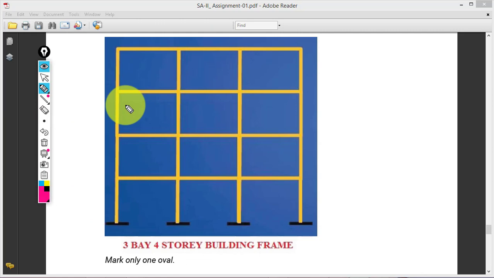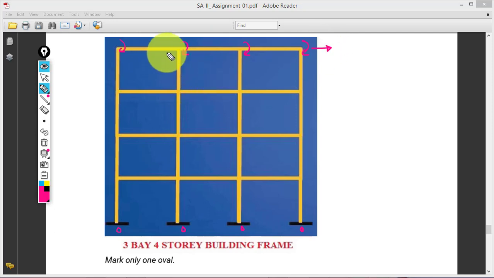So if you see the structure, this is a fixed joint, so all the movements are arrested, so no degree of freedom is possible. And here also we have 0, and here also we have 0, and here also we have 0. Let us start from the top floor. If you see this joint, this can rotate. The rotation will be there, and one rotation will be here, and one here, and one here. And this entire floor level, one horizontal movement is possible.